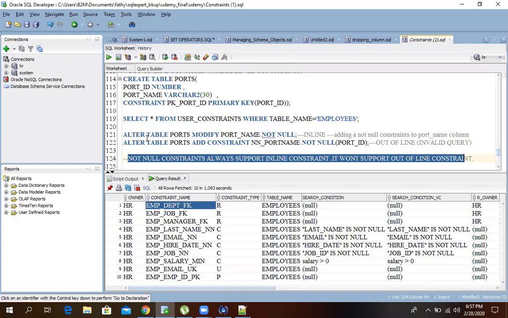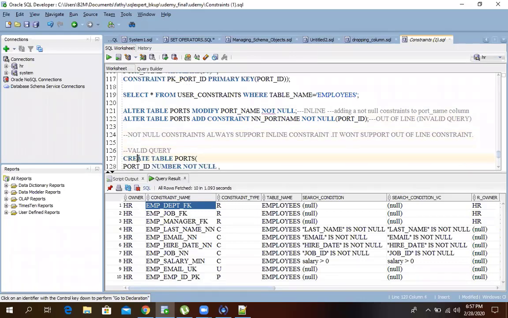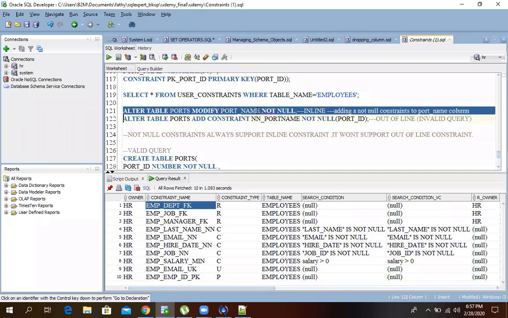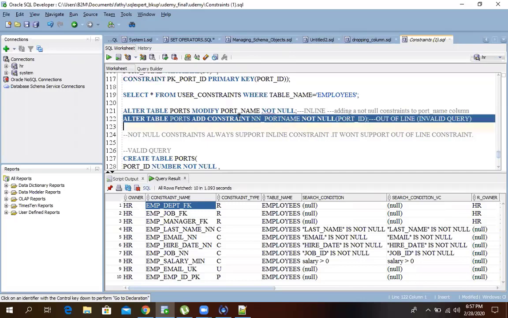It won't support out of line constraint. So is it just for not null? Not null alone. Not null always supports inline, so this query will not execute. Why? Because here I'm adding a not null constraint as out of line, but I already know it won't support out of line. This query will work without any problem because it is an inline constraint, but this query will not work because it is an out of line constraint.